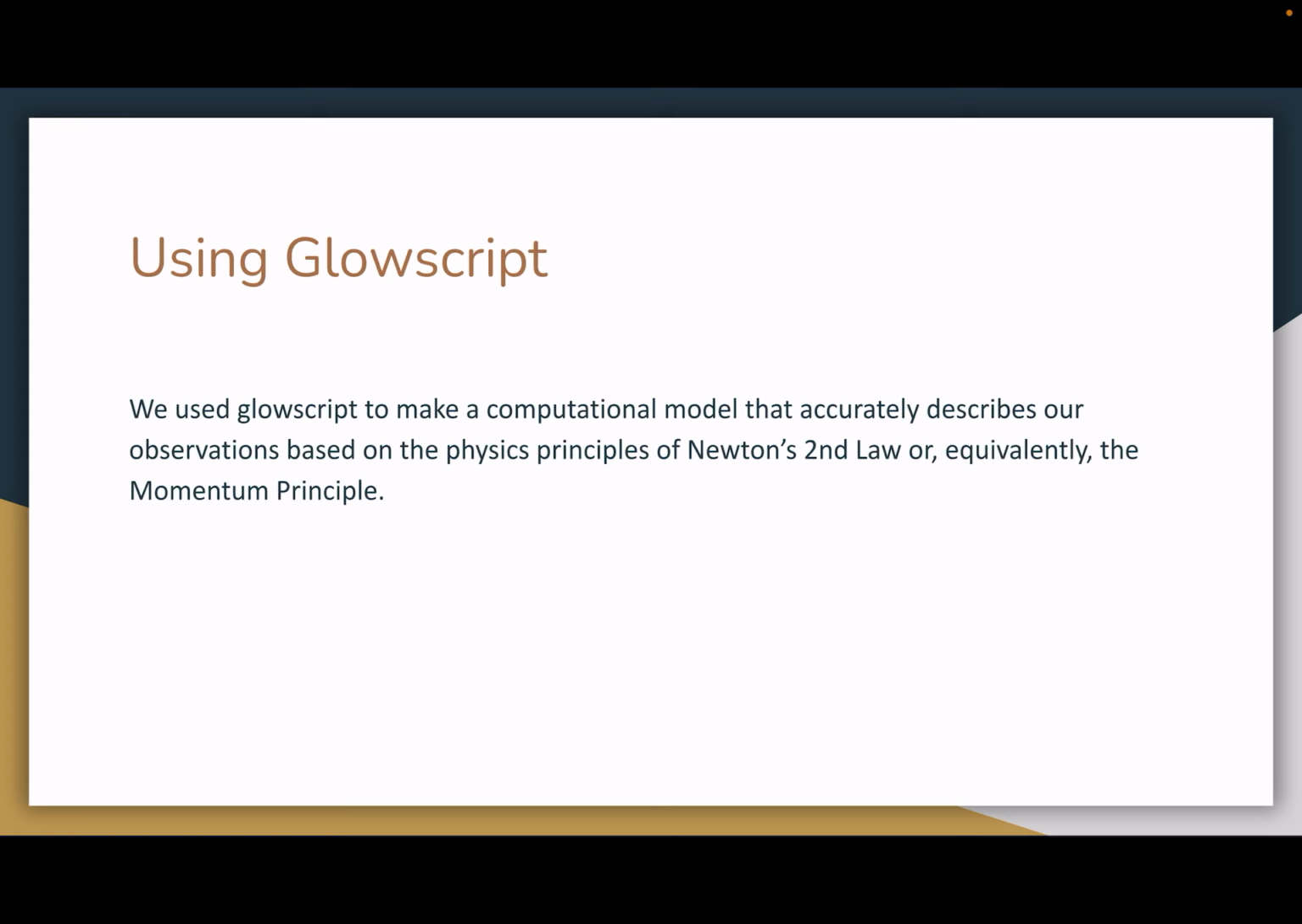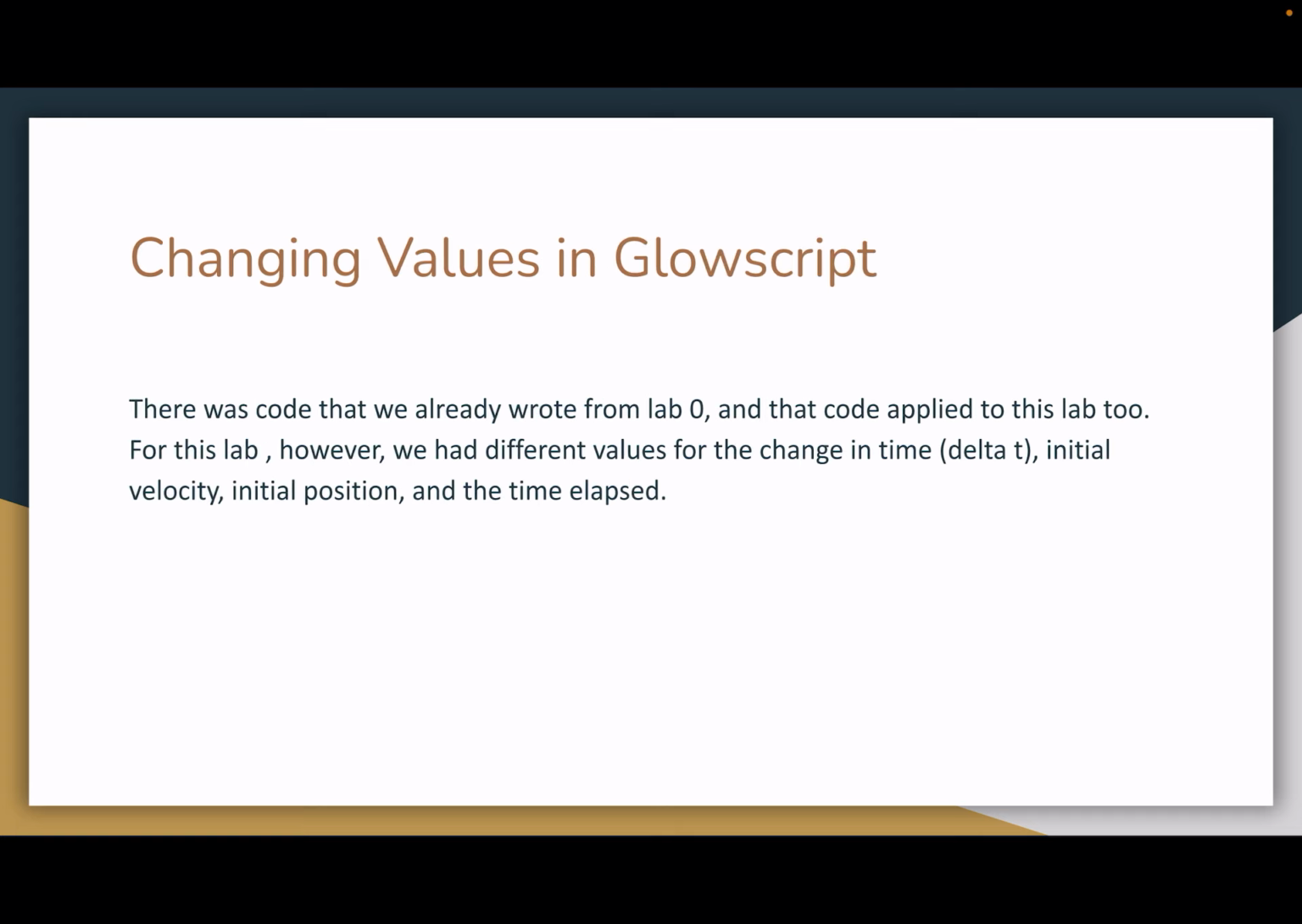We used GlowScript to make a computational model that accurately describes our observations based on the physics principles of Newton's second law or the momentum principle. And changing values in GlowScript, there was code that we already wrote from Lab 0, and that code applied to this lab too. So for this lab, we had different values for the delta t, initial velocity, initial position, and